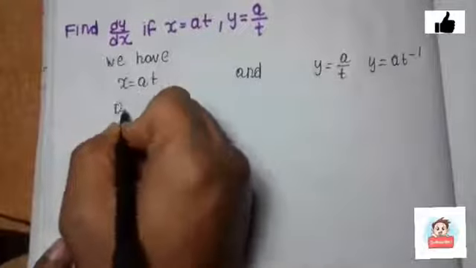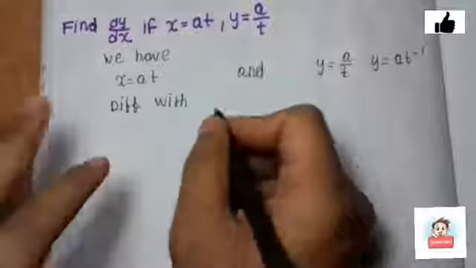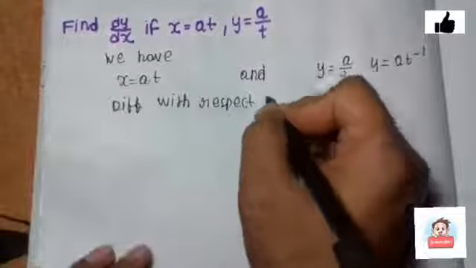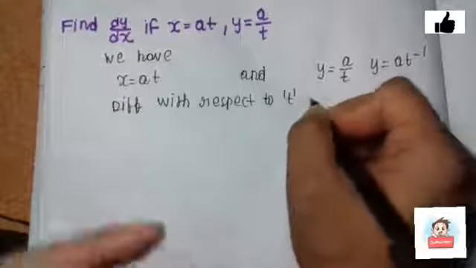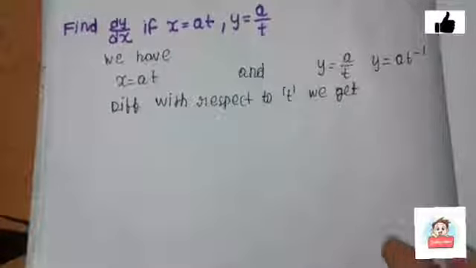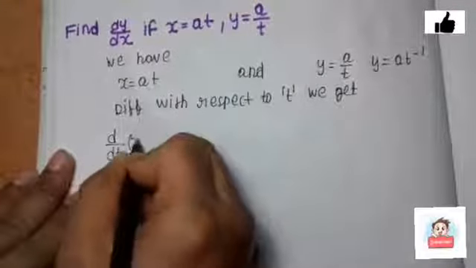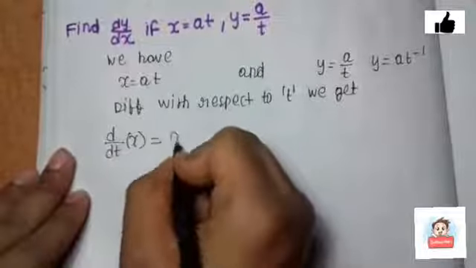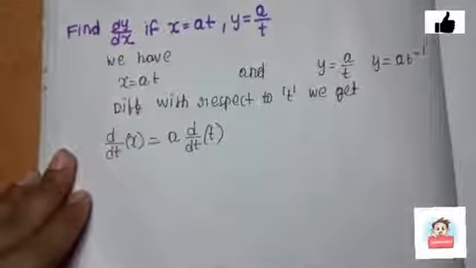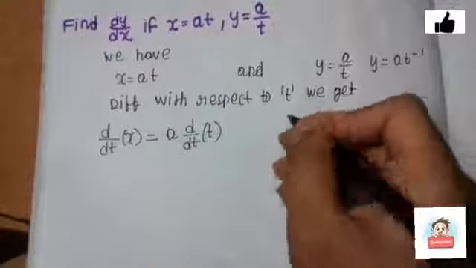So we will write, differentiating with respect to t, because t over here is the main culprit. I am not going to say culprit, but it will create a problem. So you need to be very clear when you write the statement, because it will help you do the sum very clearly. So we will write d by dt into t equals to, when we differentiate, a by d by dt into t.